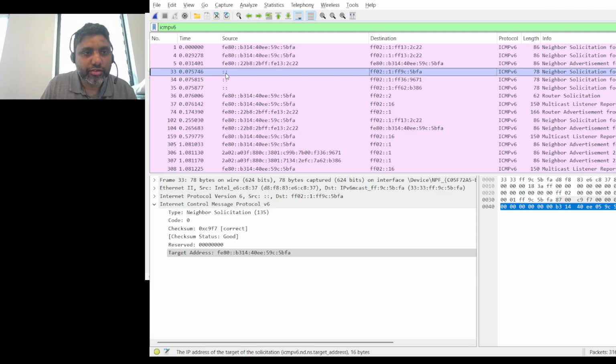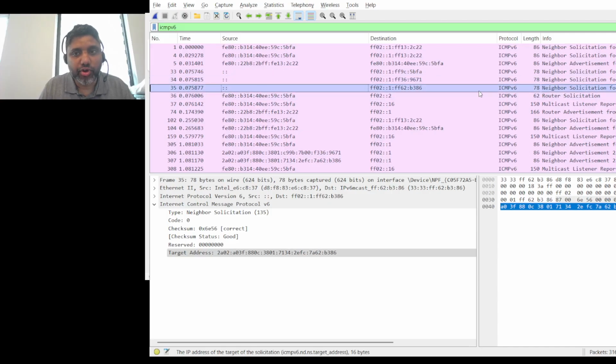where the 0.0.0.0 equivalent is :: which is the unspecified address in IPv6. That means he has not configured it yet on the interface. He's asking the network, can I configure this on my interface? If anybody advertises to me saying that that address is already configured, then I will stop configuring it on my interface. So after receiving no response, he configures it on the interface,